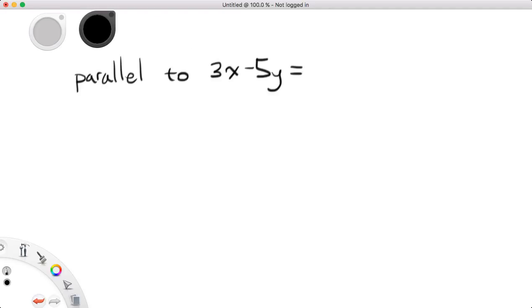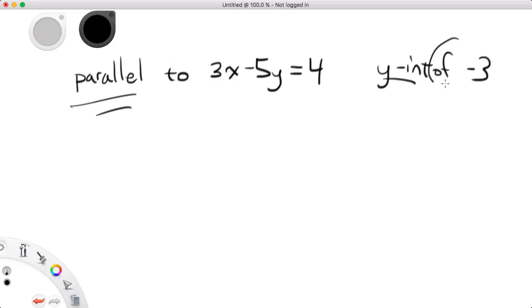So basically, you've got a xy coordinate plane, and you've got a line that's going through the xy coordinate plane, and we have to write the equation of that line. That's all that that's saying. In this case, what we know about the line is that it is parallel to